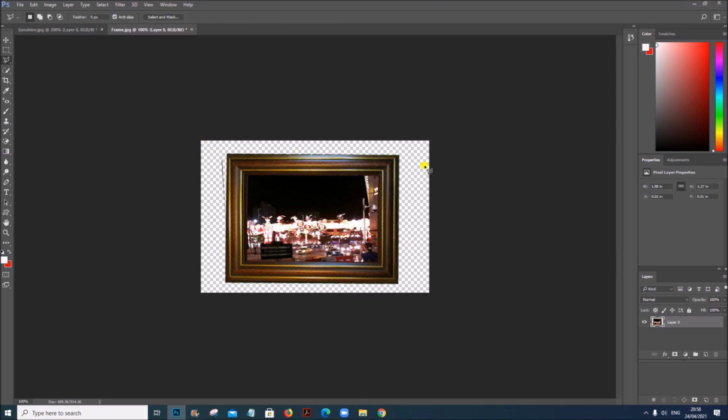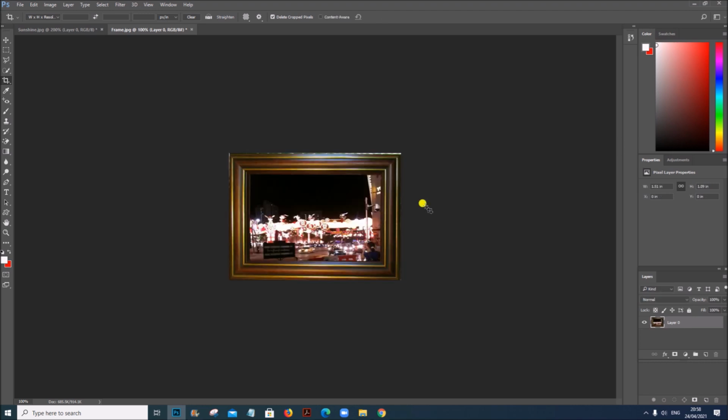Now let us crop all the transparent part. So use the crop tool. Select the frame. There is a slight line here from the background.